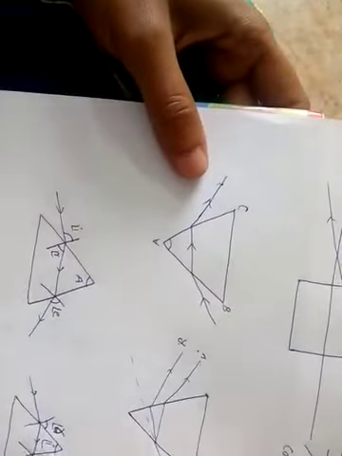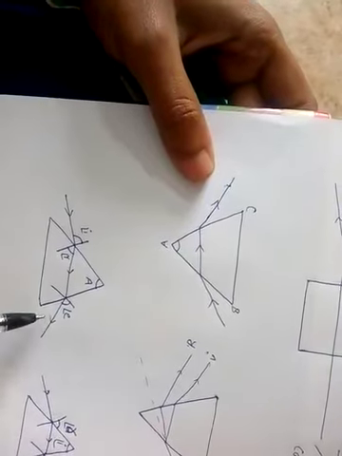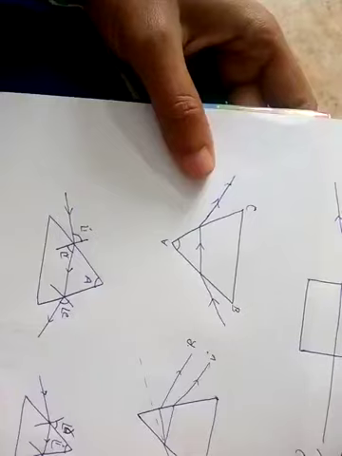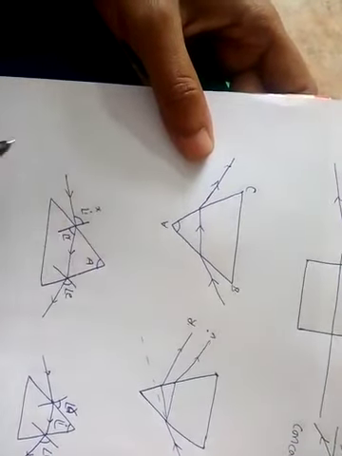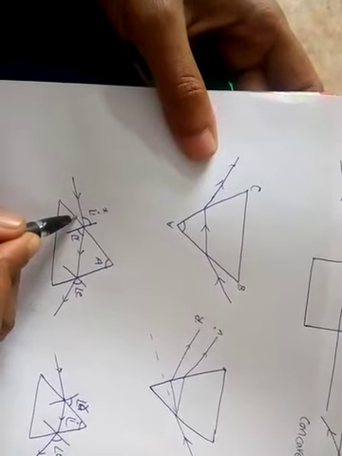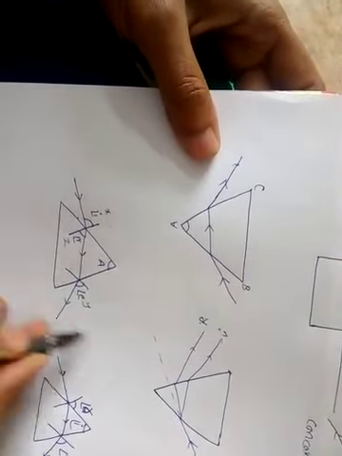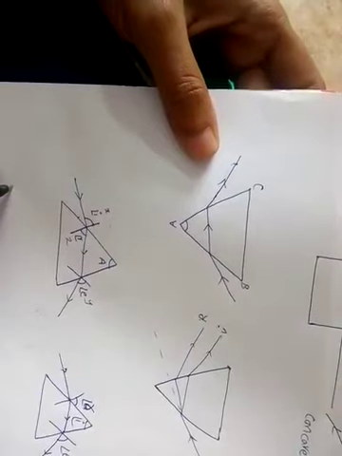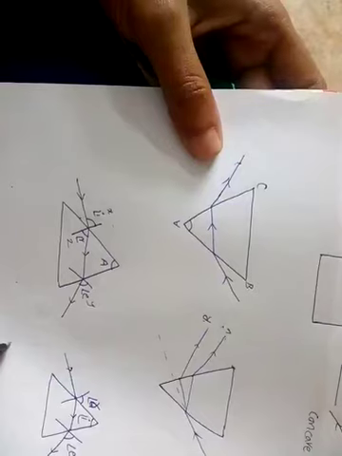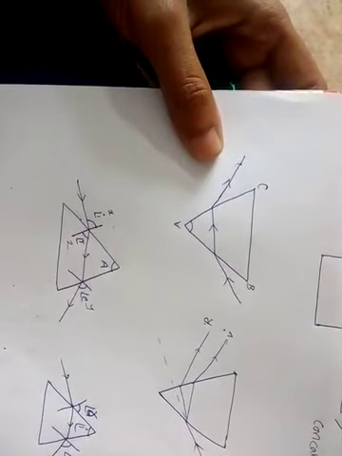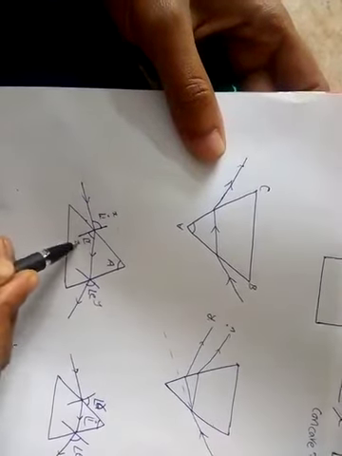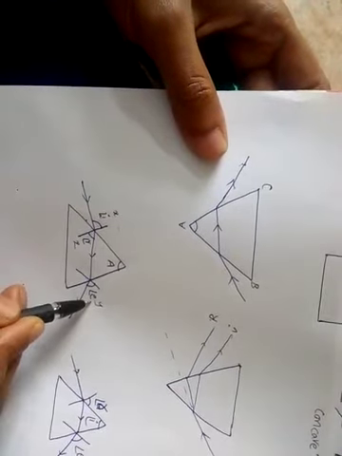So like this, angles are very important. Sometimes angles they may mark correctly, sometimes they may not, or sometimes they will give an angle X here. What is this angle X? You have to mark it as the angle of incidence. X, Y, Z, they will give you in the options. If X is incidence, Y is refraction, Z is emergence, then that is wrong. What should it be? X is incidence, Z is refraction, and Y is emergence. Then it will be correct.